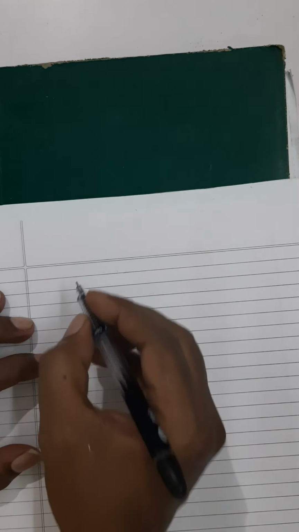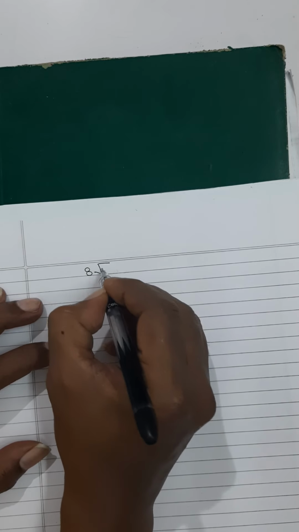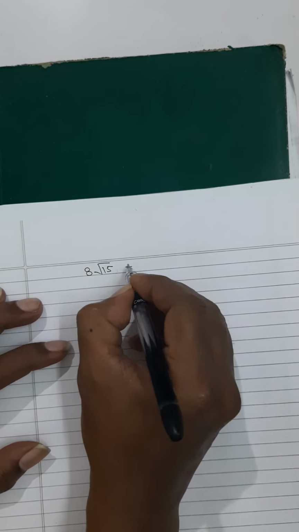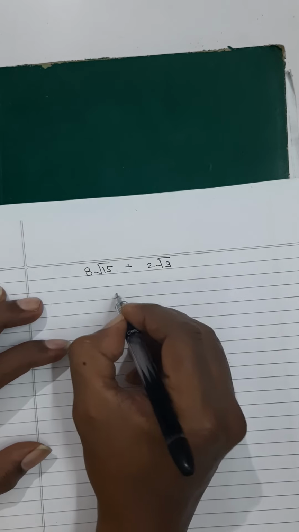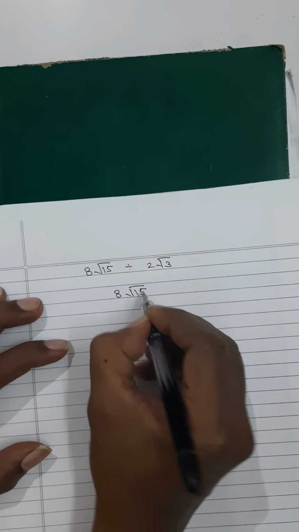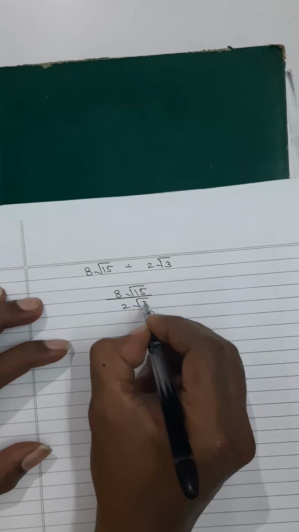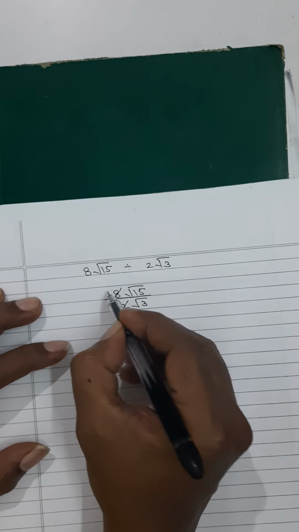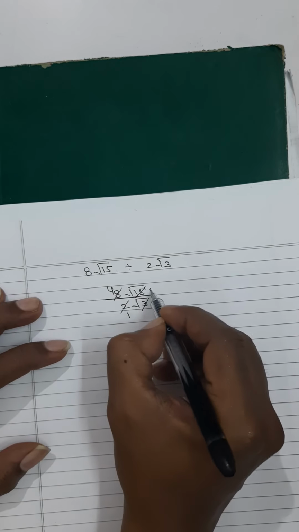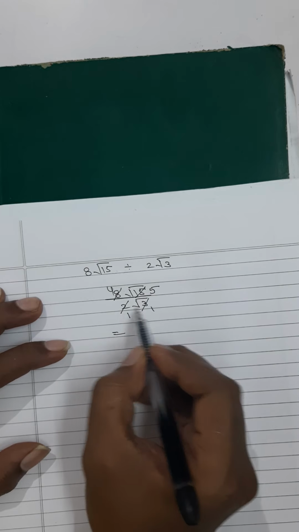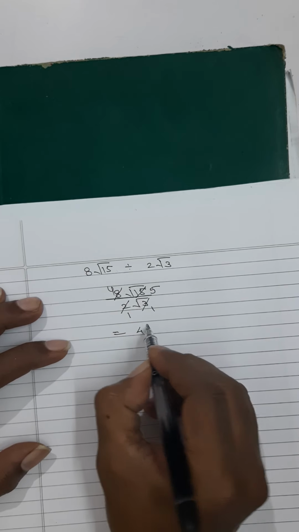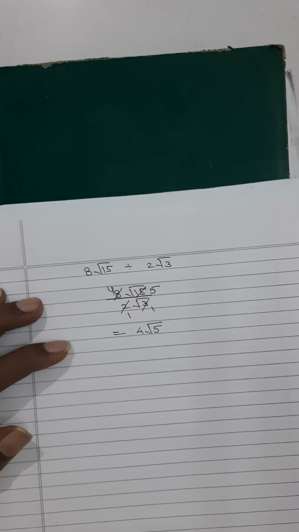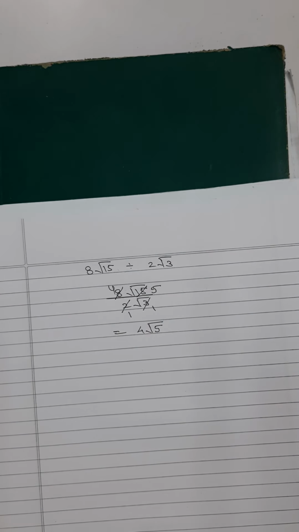So you understand something in a better way. Fine. And of course, for division also it happens in the same way. Supposing I have got 8 root 15 divided by 2 root 3. So it will look like this, 8 root 15 divided by 2 root 3. Here also the same thing will happen. Coefficient will divide with the coefficient and radical will divide with the radical. So what I get is 4 root 5. Radical will continue where it is. Fine. Okay, my dear students.